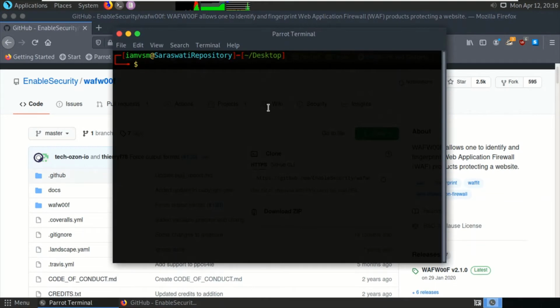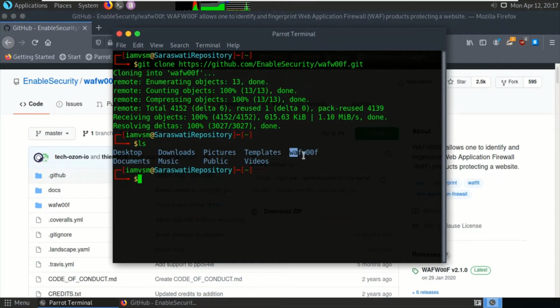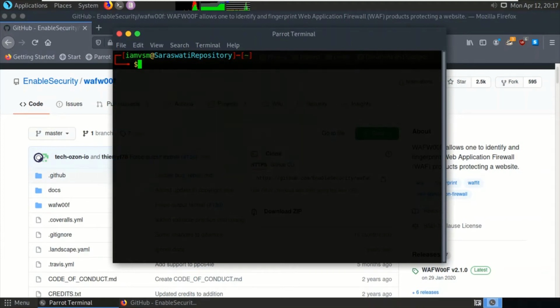and type git clone, paste the URL. So it will clone the repository to the system. You can check it by typing ls. As you can see here, the Wafw00f directory has been created in my system. What I will do is navigate to the folder with cd Wafw00f, and